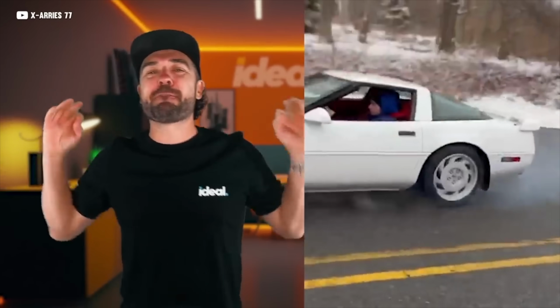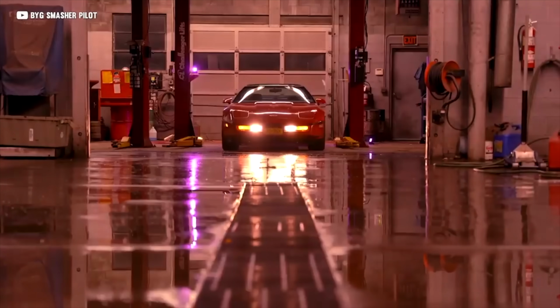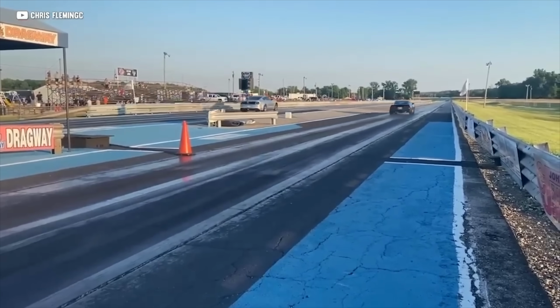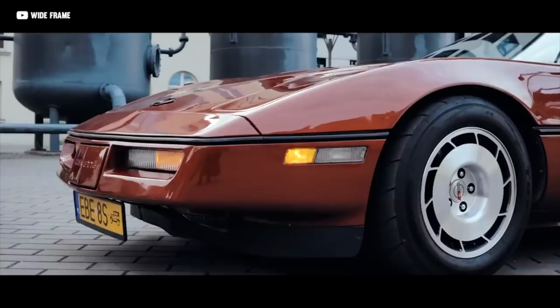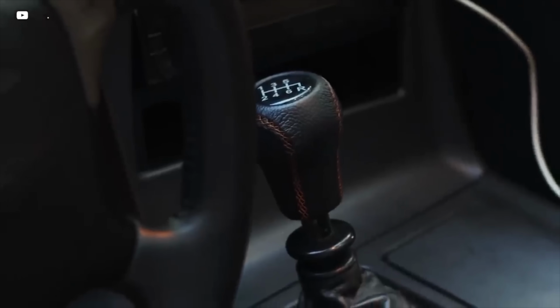Oh man, the first modern Corvette makes the list. The C4 was a huge step up from the outgoing C3, and even today it can hold its own with some of the best sports cars in the world. Yes, you get sleek styling, those infamous pop-up headlights, and a manual transmission if you want one, which, if you